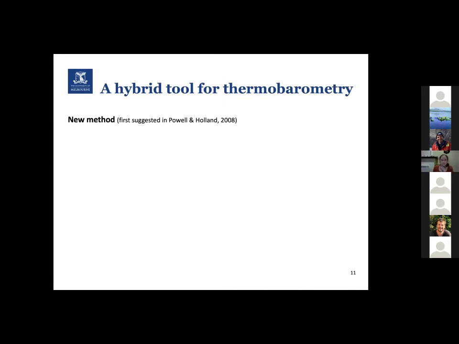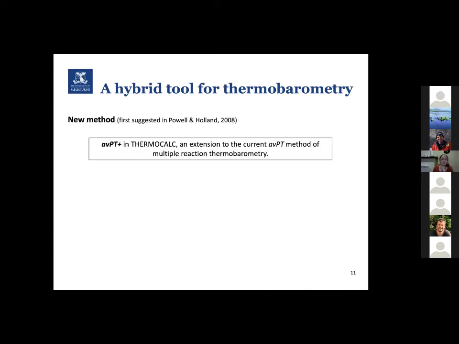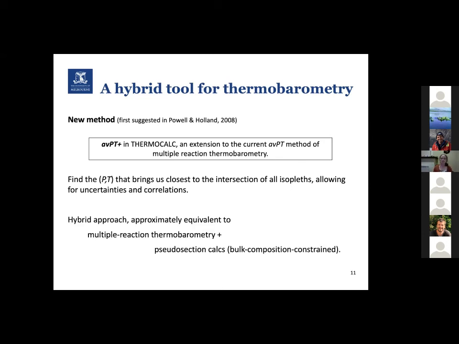So the new method that Roger and I are working on is going to be called AVPT+, and it will be in ThermoCalc, and it's an extension to the current AVPT method, which is a multiple reaction thermobarometry method. And the idea here is that it's a bit like taking the intersection of isopleths, but instead of taking the intersection of two isopleths, one essentially looks at all the isopleths and says, is there a way of doing something that is a bit like multiple reaction thermobarometry, where we say, what is the optimal position, the closest we can get to the intersection of all these isopleths,